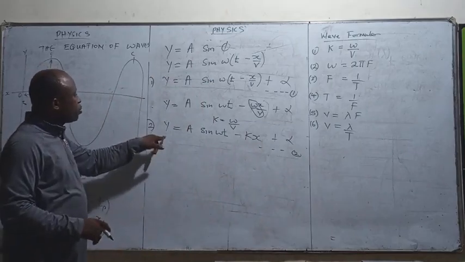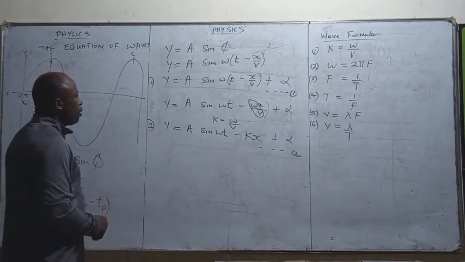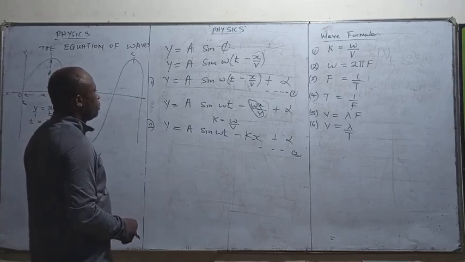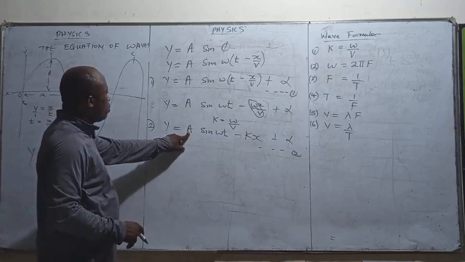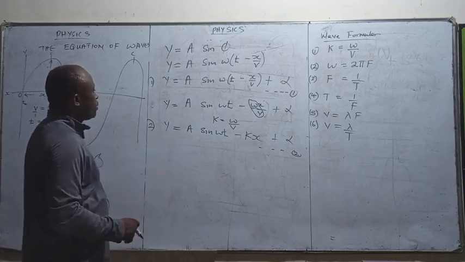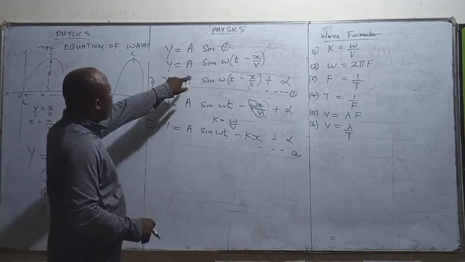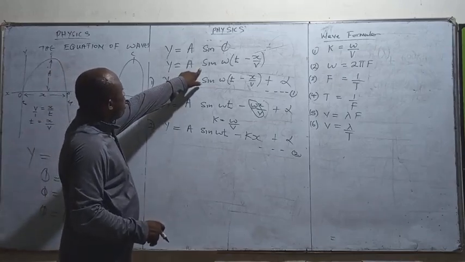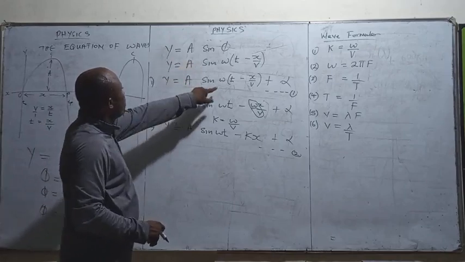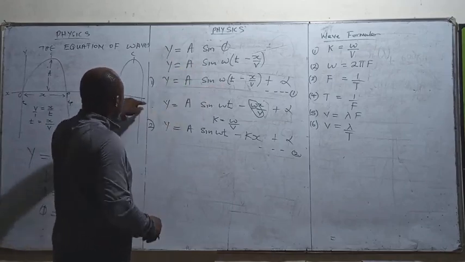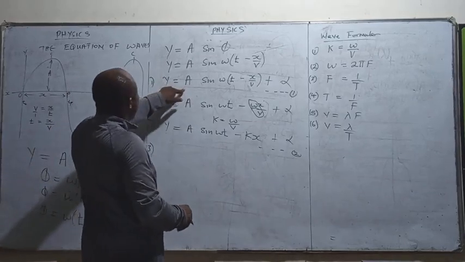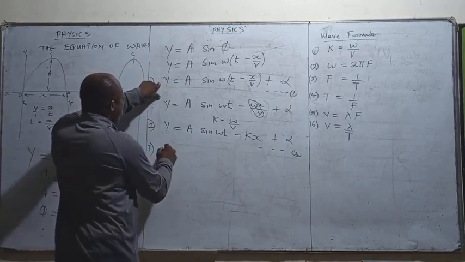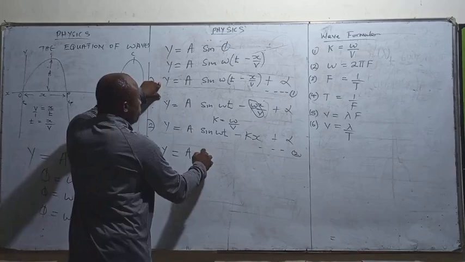Then from number 2, we can also write, we can build from our original equation. Our original equation, which is what? Equation 1. We can develop equation 3. Our equation 1, we can develop what? Equation 3. We write Y equals A sine